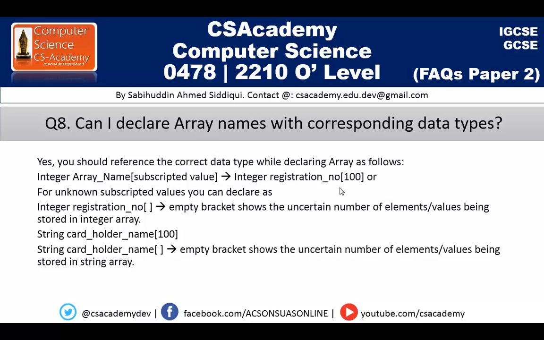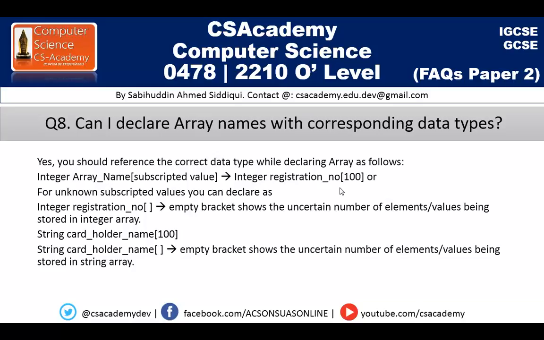Same as with the string. Let's suppose you are declaring card holder name and the type is a string. Definitely you will be storing names. You are going to store 100 names, so you can use string card holder name 100. That means the subscript is 100. Subscript means the total length of the array. Now similarly you can see string card holder name